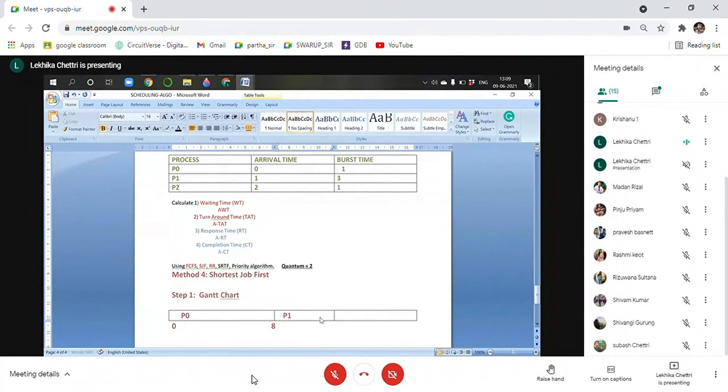Here I would get P1 because at clock time 1, which one is the only process in the ready queue? P1. What is its burst time? 3. But here we do not have a burst time of 1. The CPU time P0 needs is 8. So P0 will continue to be in the CPU for 8 time units. Within these 8, two other processes have already entered the ready queue.